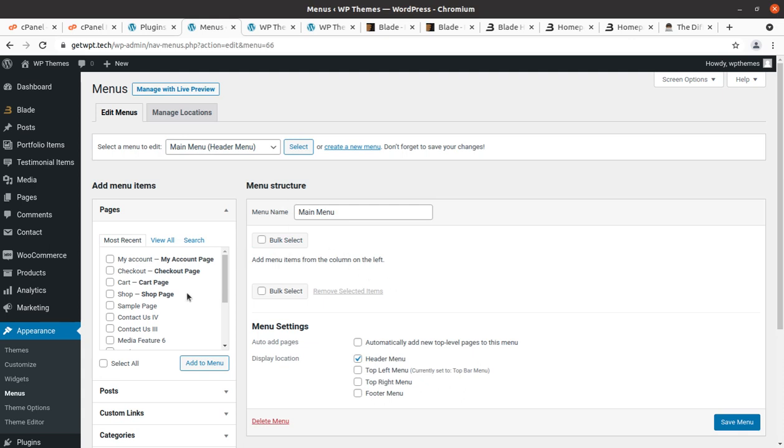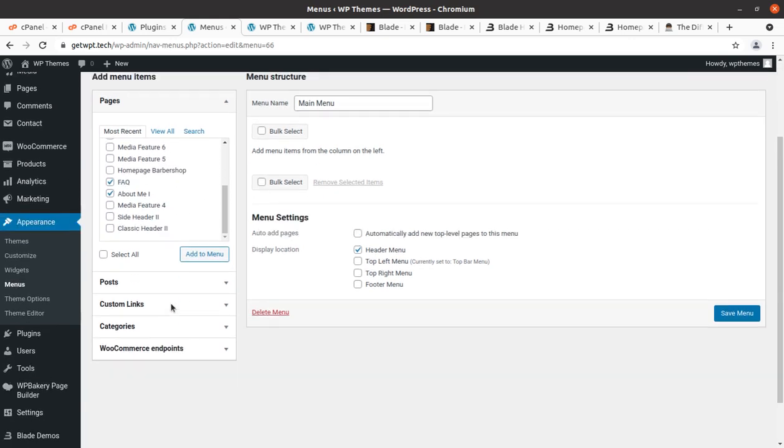Okay, so there is no item in the main menu. This is why it is not showing anything, and we can simply put some pages just to take a look at our website, how it looks. All pages are here, so we can choose any.